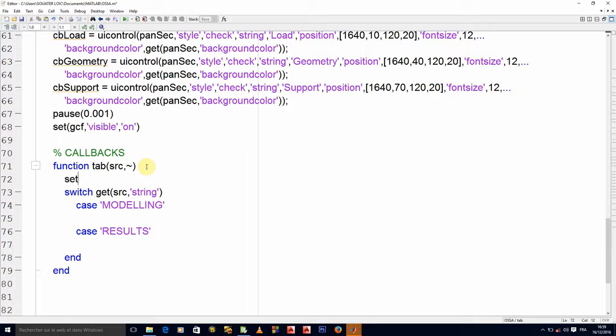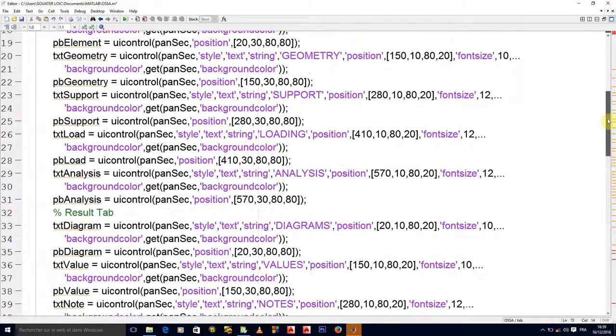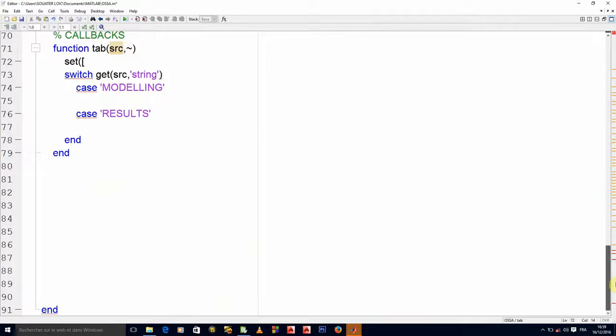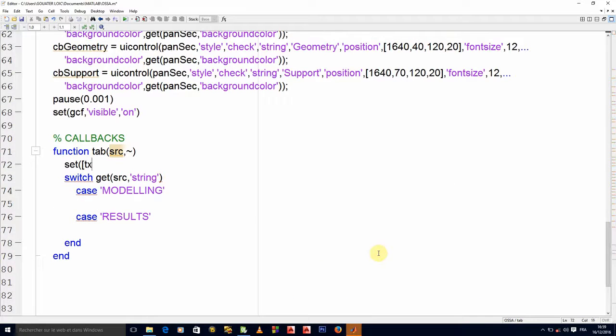I have to set both of them, text model and text result, their background property.